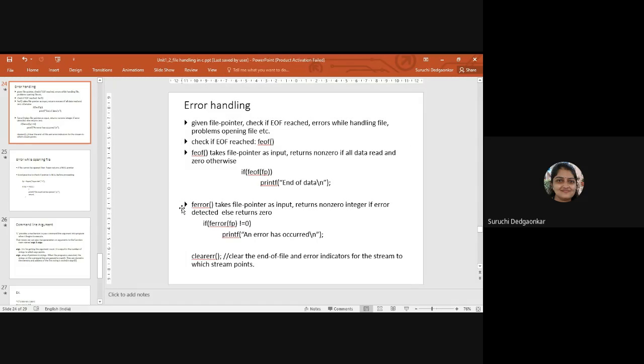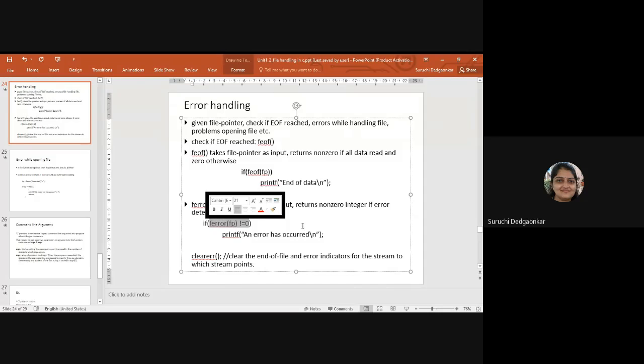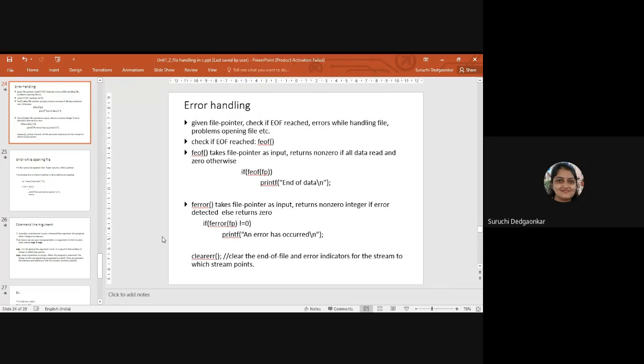Fine. After using the ferror function, it returns a non-zero value, and that non-zero value points to a particular error number. That error number indicates which error it is and why that error occurred. If there is zero, that means there is no error in your file. And this is for clearing the buffer. Like we release the memory using fclose, similarly, clearerr will clear the memory related to errors, where the details of errors are stored.